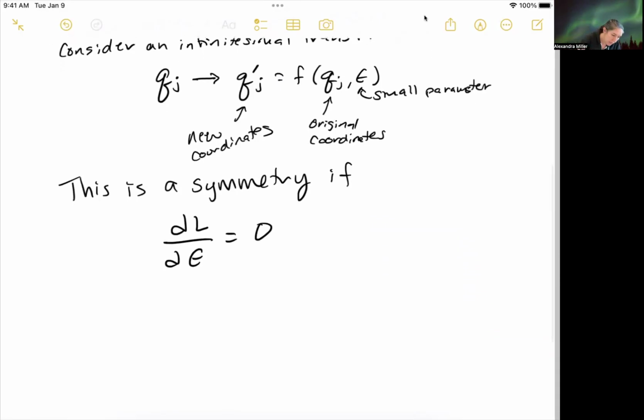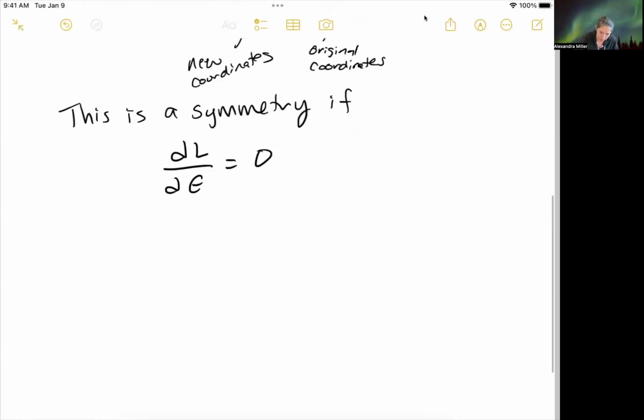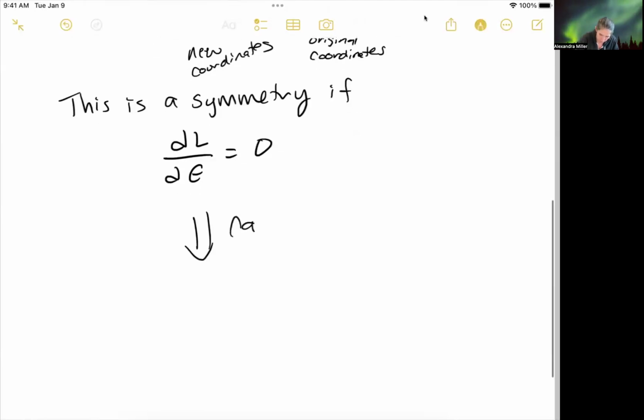Now, if we use this fact and use the Euler-Lagrange equations and massage things a little bit, then one can derive a conservation law. I'm not going to do this in this video, but you can work through it, and it's not actually that challenging. It's just not what I want you to get out of this video. The conservation principle,